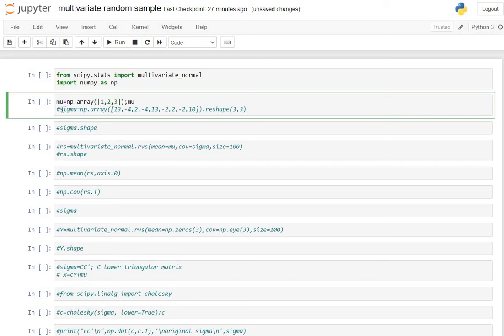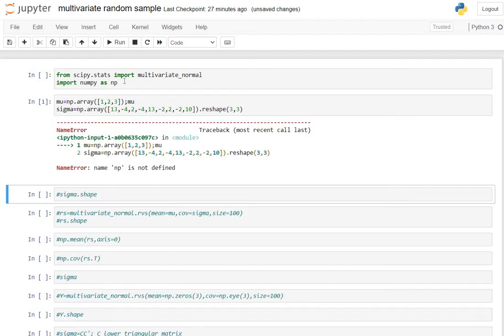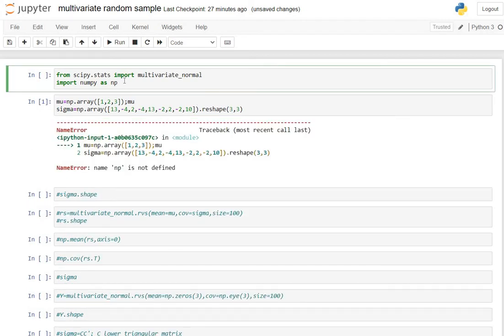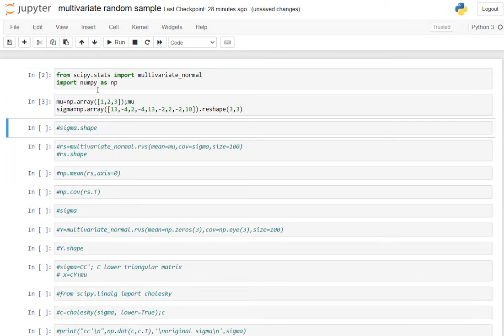That is the mean vector, and the variance covariance matrix of the multivariate normal distribution is sigma is equal to np.array. Now this is a matrix of order 3 cross 3, so dot reshape 3 cross 3. Oh, sorry, I have not run this, so that's why the error is there.